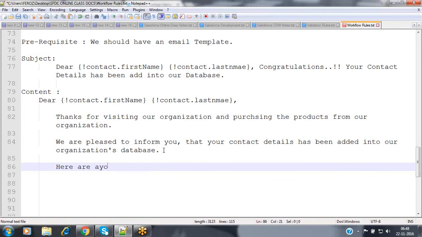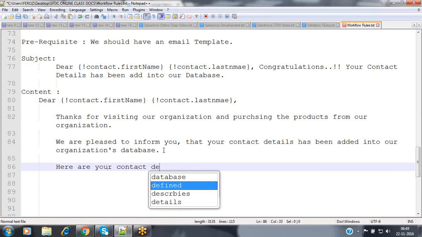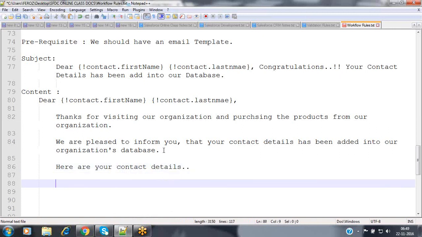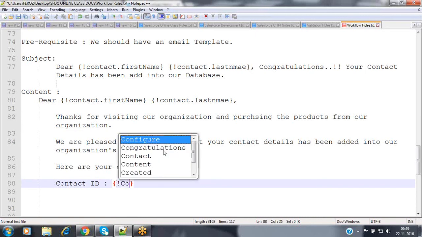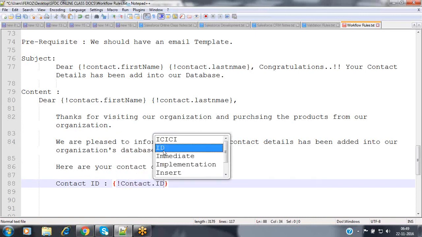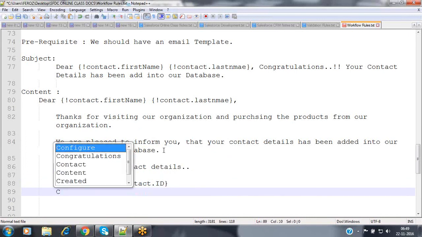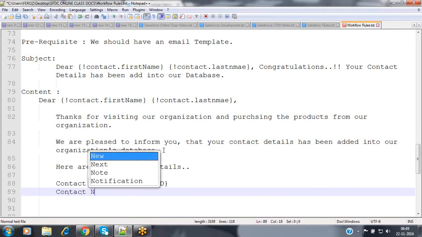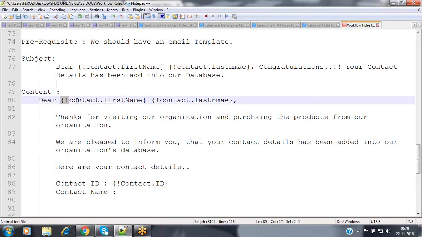Here are your contact details. Now your contact ID. I want to show that contact ID here. Object name dot the field name. Contact person name. I'm going to be providing the contact person's first name and last name both.